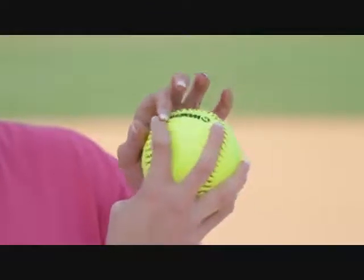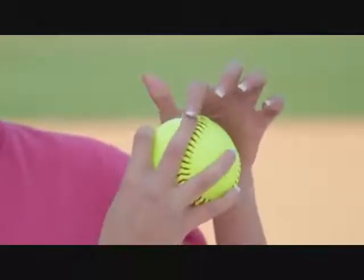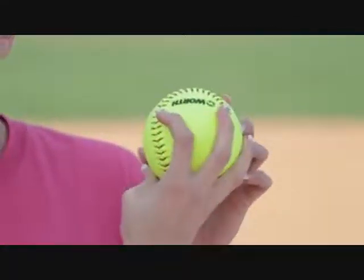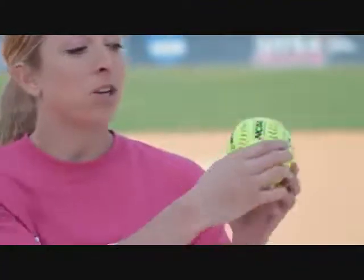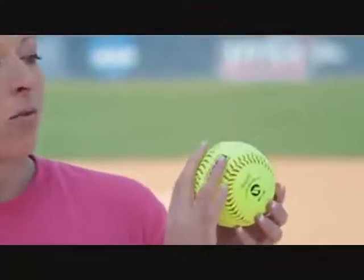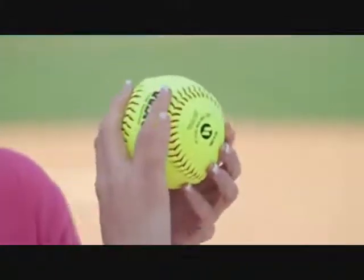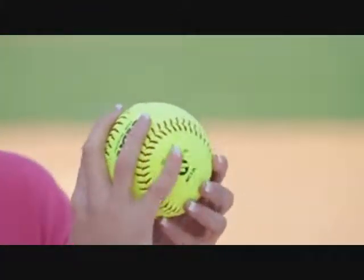My pointer finger, I'm going to slightly bend. But the most important part is that my middle finger is against that seam to have the most spin and rotation. The 2-seam way, I'm going to turn the ball slightly and find these 2 seams right here, put my middle finger to the left of one seam, and then my ring finger to the left of the other seam, and then bending my